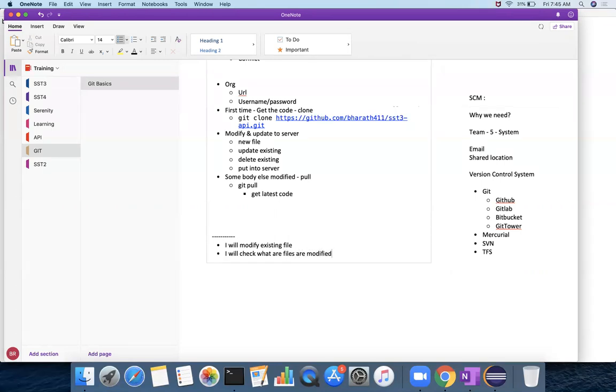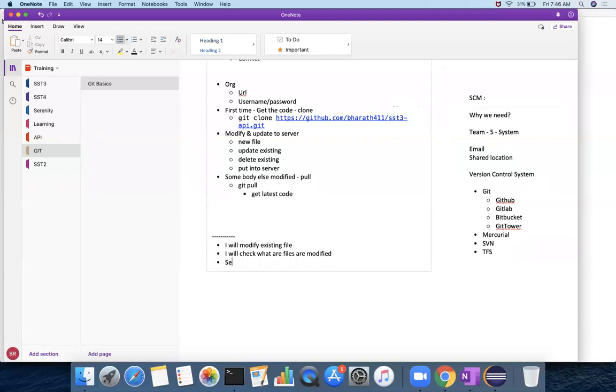Intentionally, I modified only one. Unintentionally, for other reasons, maybe I have modified some files which I don't need to put into the server. There are two kinds of files that have been modified. Now I'll check what files are modified.